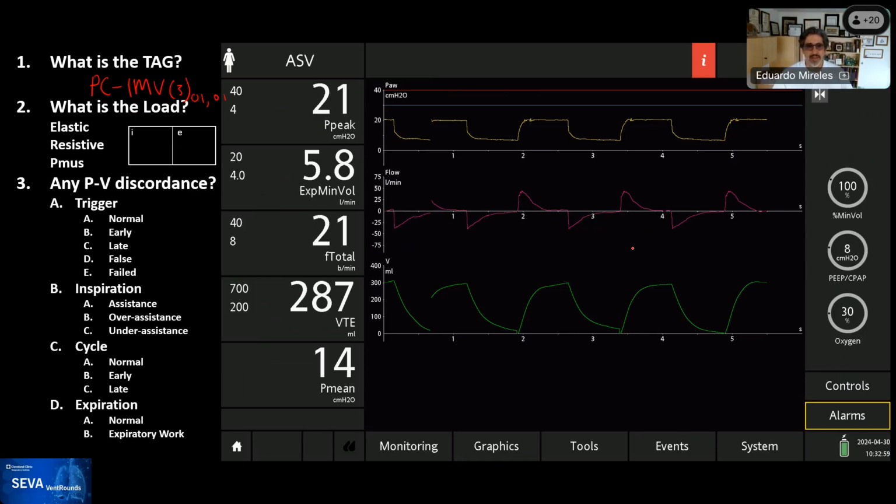Yeah, great job. So all of them are mandatory, and we know that rapidly because in this ventilator in particular, when there is a patient signal, or what the ventilator thinks is a patient signal, you're going to see a little triangle over here, and that little triangle will be the color of what's the trigger. So if it's yellow, it's pressure. If it's pinkish, it's going to be flow. And if it's blue, it means that it's